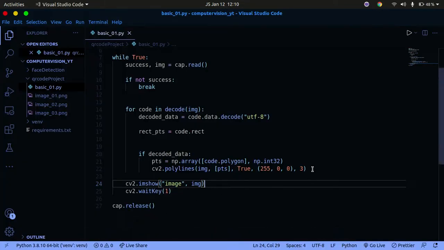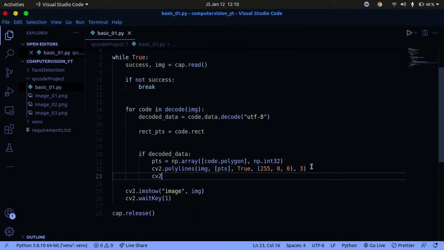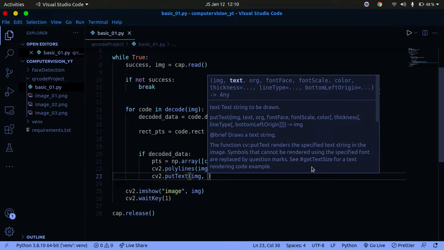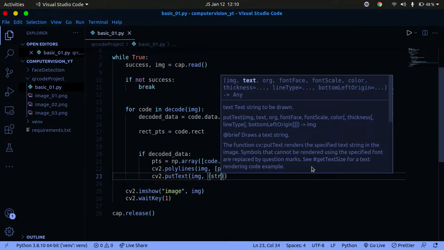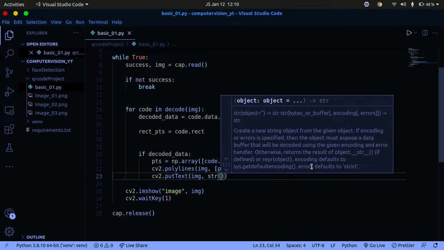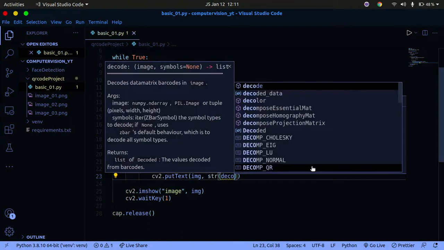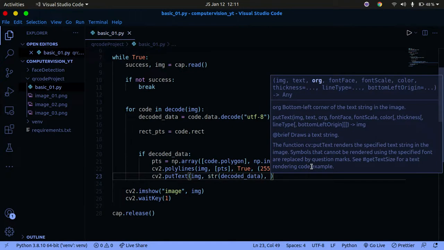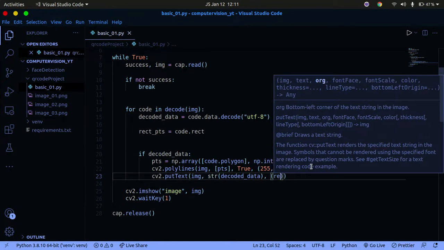I now want to show the decoded information on the QR code. So I want to simply do a cv2.putText. I'm going to put some text on that image, and the text is going to be str of decoded data, just like this. Then I'm going to specify where it should be. I'm going to use the rectangle positions rather than